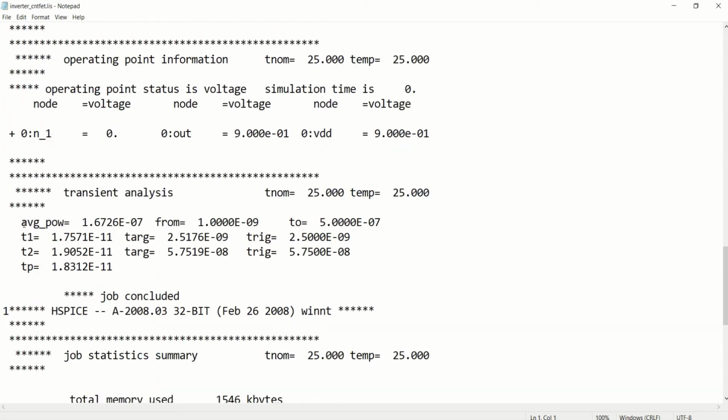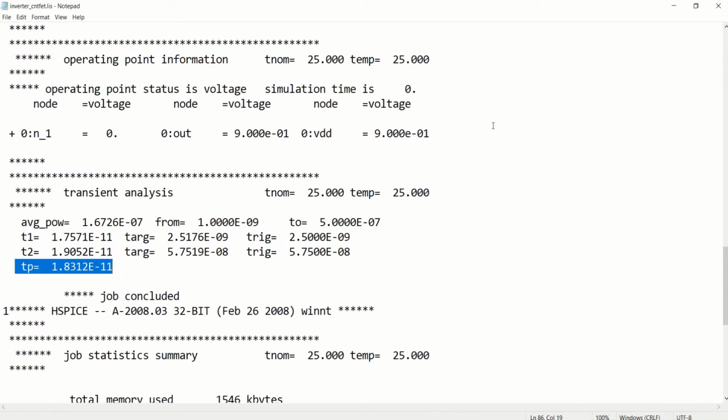You can see that there is an average power after performing the transient analysis. The average power is 1.6726e-07, which is approximated as 0.17 microwatt, and the propagation delay is approximated as 0.18 picosecond.